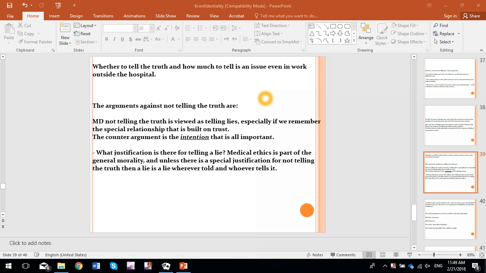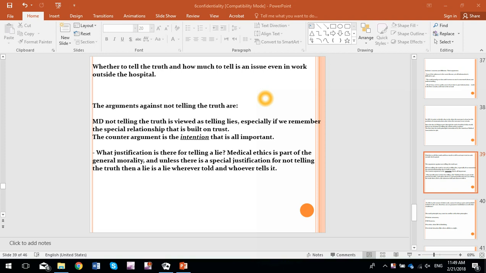Now, the opponents, ethicists with the physicians, say the counter argument is that the intention is all important. هسا ما حكيتش الحقيقة، هو بقول لك إنه إذا ما حكيتش الحقيقة مش معناته أنا بكذب، هو my intention، أهم شيء النية. ليش أنا أخفيت الحقيقة؟ مش مشان أكذب، مش مشان أدمر العلاقة بيني وبين المريض، لكن هي نيتي إني why to destroy hope, why to create anxiety, and all these things that make me not telling the whole truth.